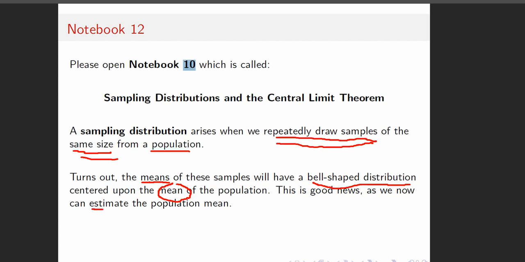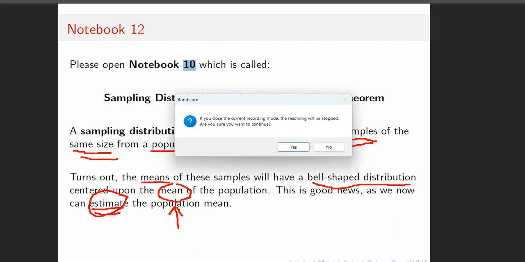And here is the most important thing. This is how we estimate values, right? Because we know these sampling distribution means will be centered on the mean of the population, we can use what's going on there as an estimate. Okay, so I want you to think about this because, again, this is what Lab 8 is doing. Lab 8 is talking about these estimates of the mean of the population. Okay,